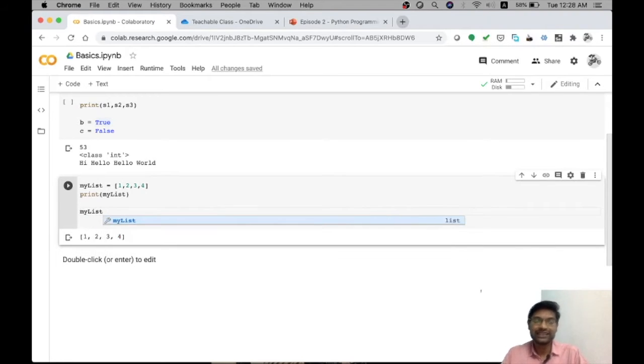To access any element of this list, within square brackets, I can give an index location. Index location is something like an address of the elements present in my list. Say my list contains 4 different elements, and all these 4 elements are at different numbered addresses. Like the first value is present at the 0th address, the second value is present at the first address, something like that. So by default, this index starts from 0 in the Python language.